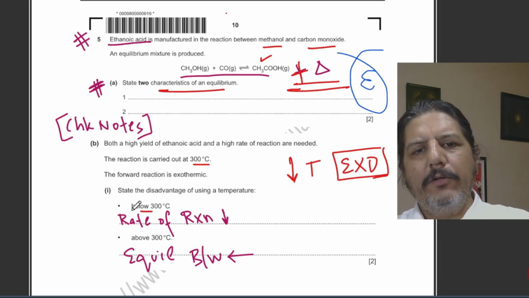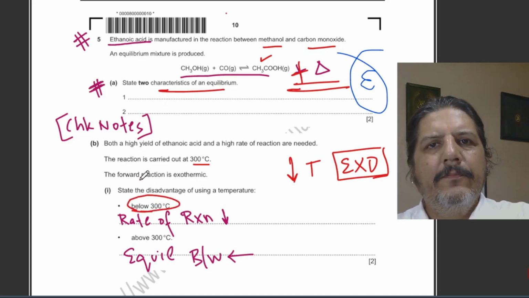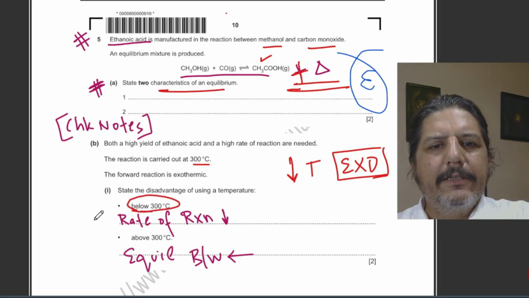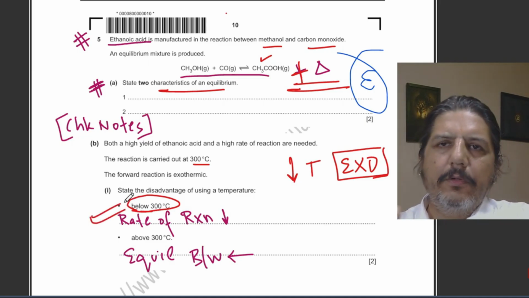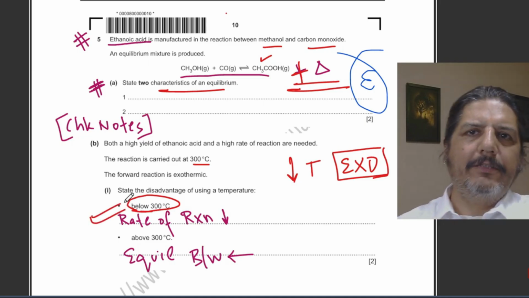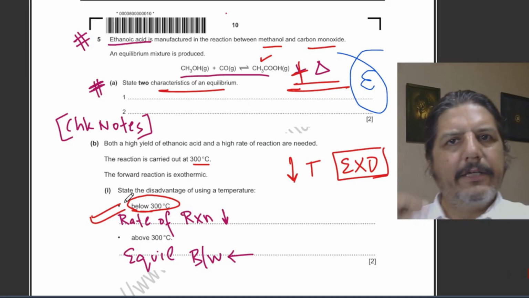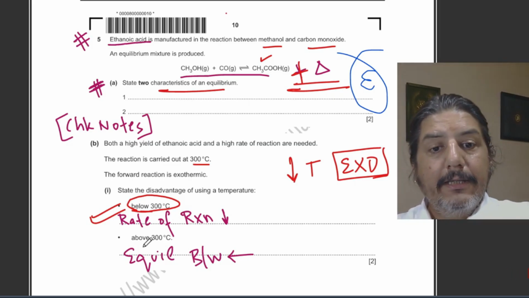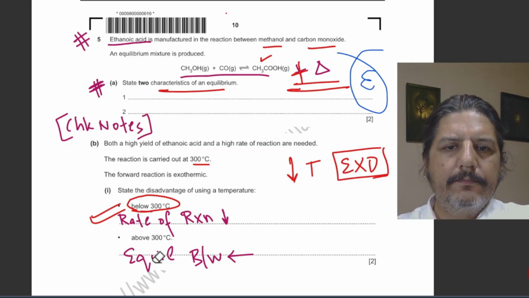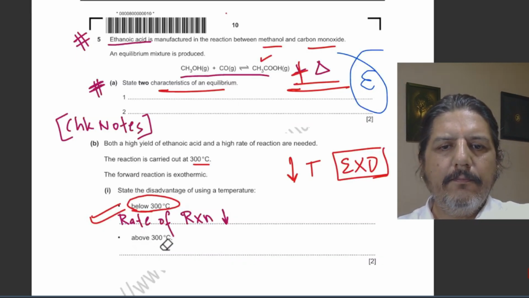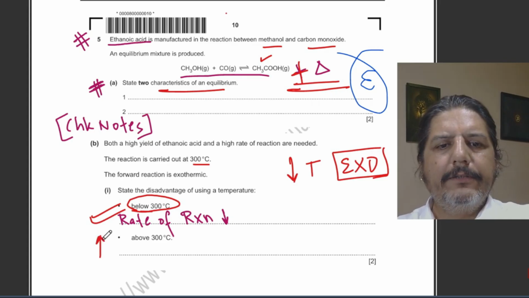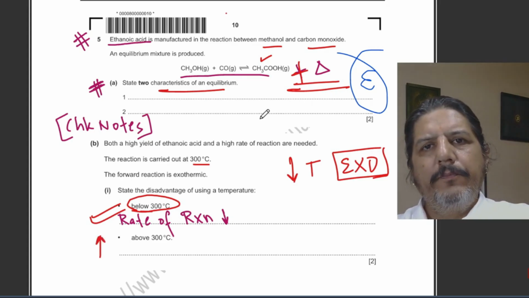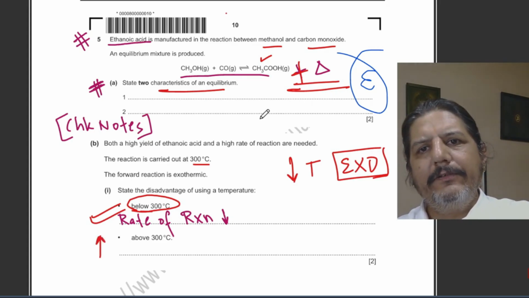But what happens is, if I go below 300 degrees Celsius, my rate of reaction decreases, as you would have studied in the rate of reaction chapter. At a lower temperature, the rate of reaction decreases. But then what happens if I increase the temperature above 300 degrees Celsius? Now, as I have told you, if I increase the temperature,